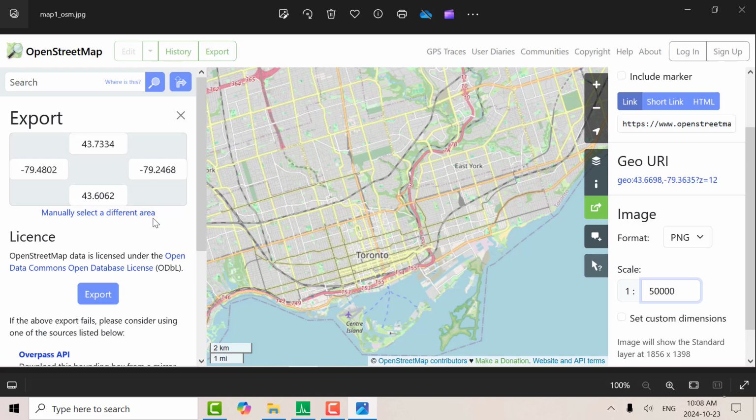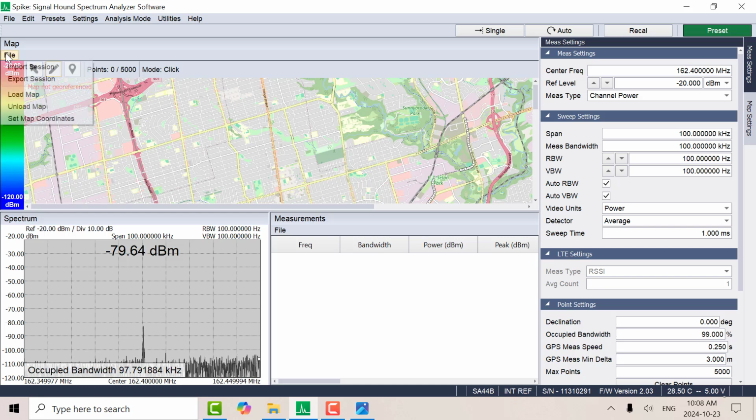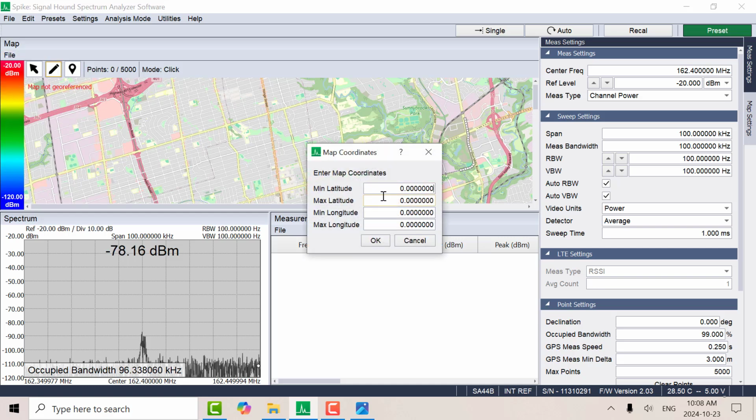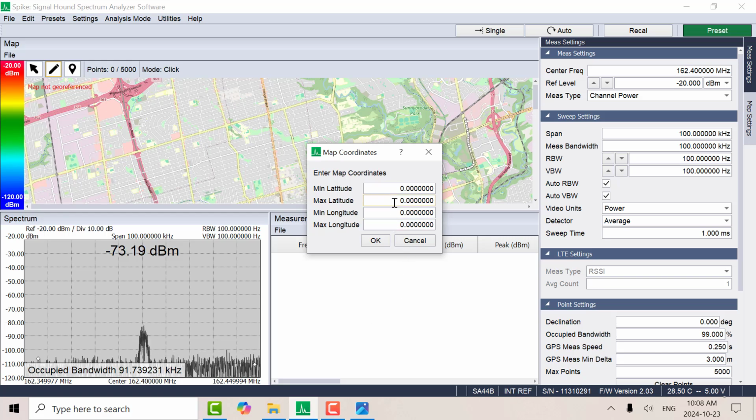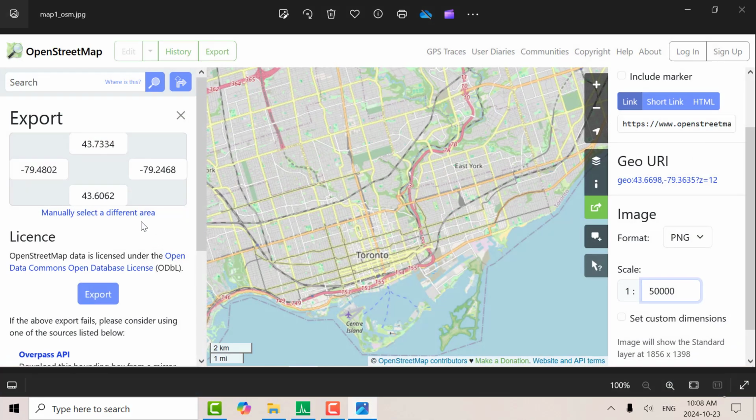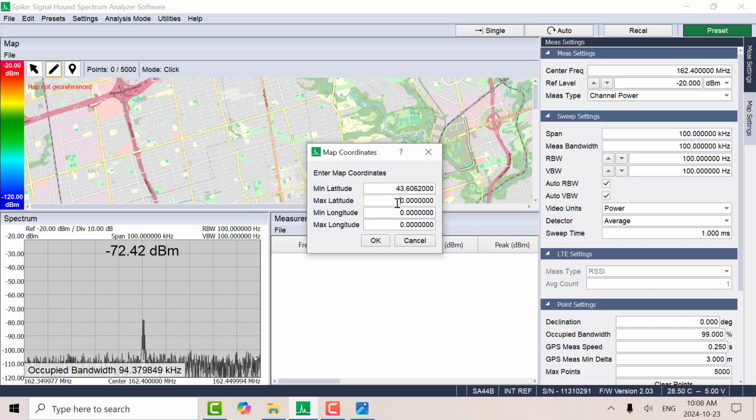Now you have to enter these reference coordinates into the software. So let's say, for instance, here you say set map coordinates. So the minimum latitude here is 43.6062. Enter. The maximum latitude is 43.7334. The minimum longitude is minus